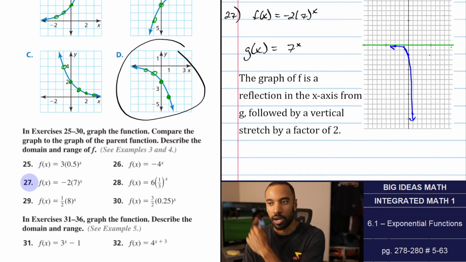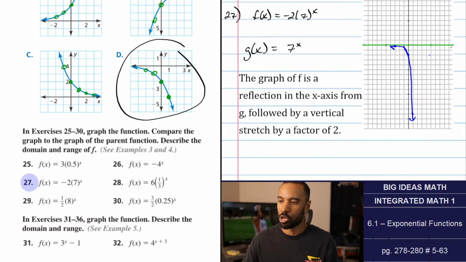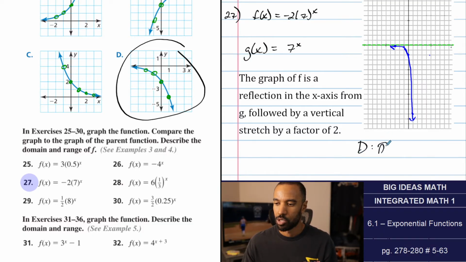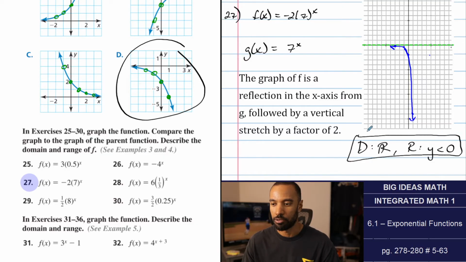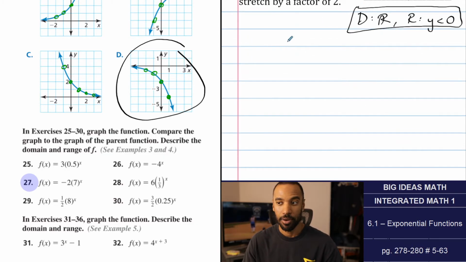Number 28. Oh, sorry. Before I do 28, let's do domain and range. Domain, all real numbers. Range, y is less than 0. So these will seem a little repetitive, but we have to understand a couple of things. We still have to affirm how domain and range work and how exponential functions work. The idea of this limited range, this asymptote feature, things like that. Number 28,